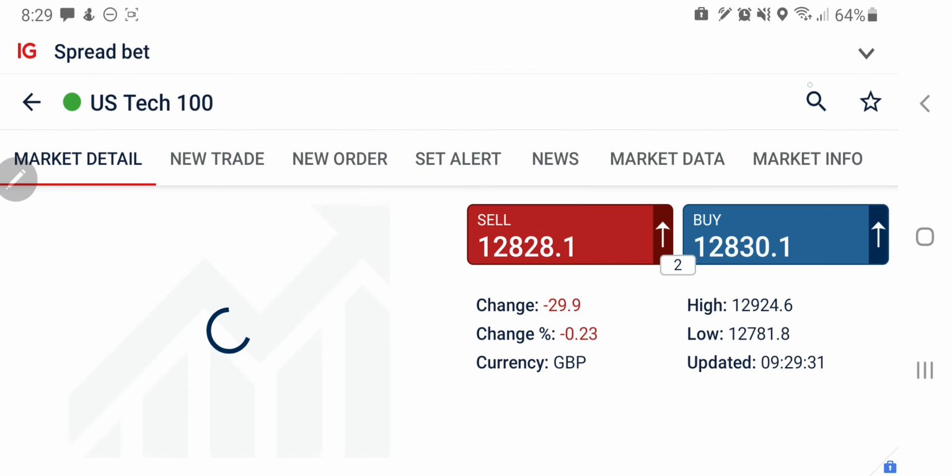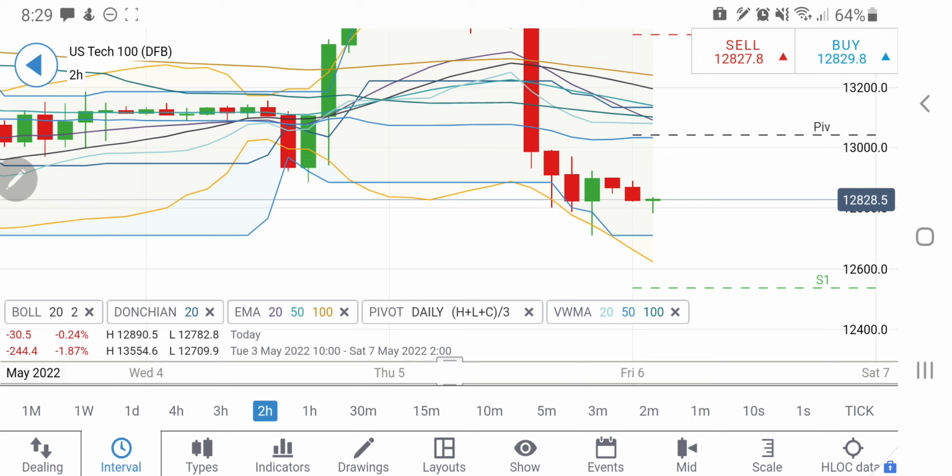Now, look at Tech 100 here. Now this is a 2-hour chart for Tech 100 sloping downwards, and yes, if you see it trading above 12,900, here you can go long at 12,900, going to be towards 13,050, 13,100. In fact, these levels can be seen. However, look at this, it has achieved lower lows, and I think if it continues to trade bearish, we may